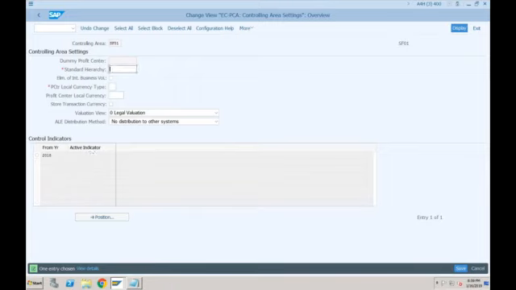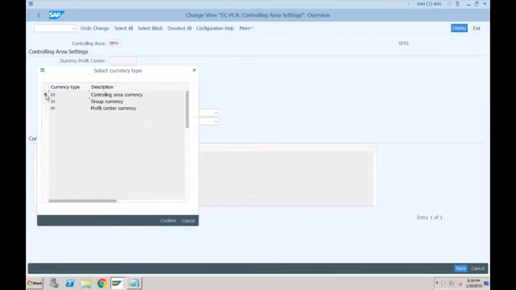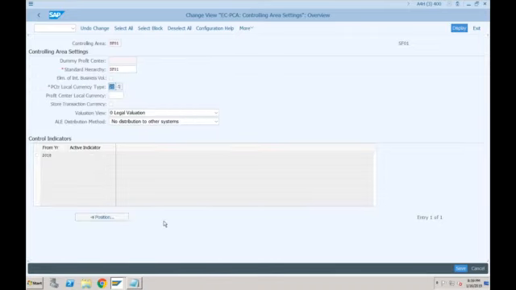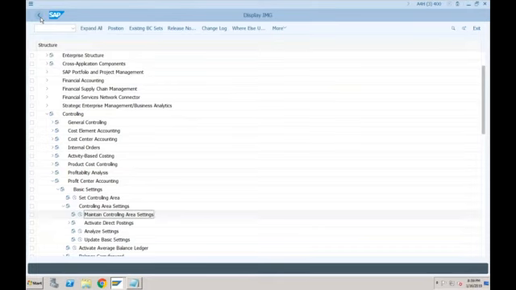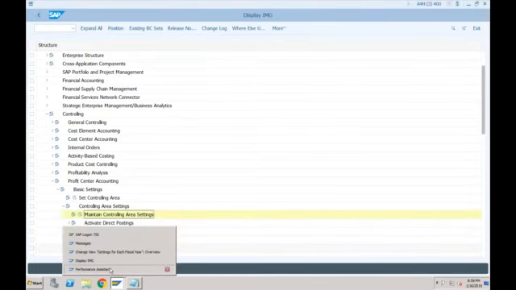So we have to create a standard hierarchy. Again, let's create it as the same SF01. You have to specify the currency type, which is normally the controlling area currency. Same, even in ECC you will find the same thing. There is nothing new here. Just activate this indicator and click on save. So profit center accounting is now active. We should not get this error anymore.